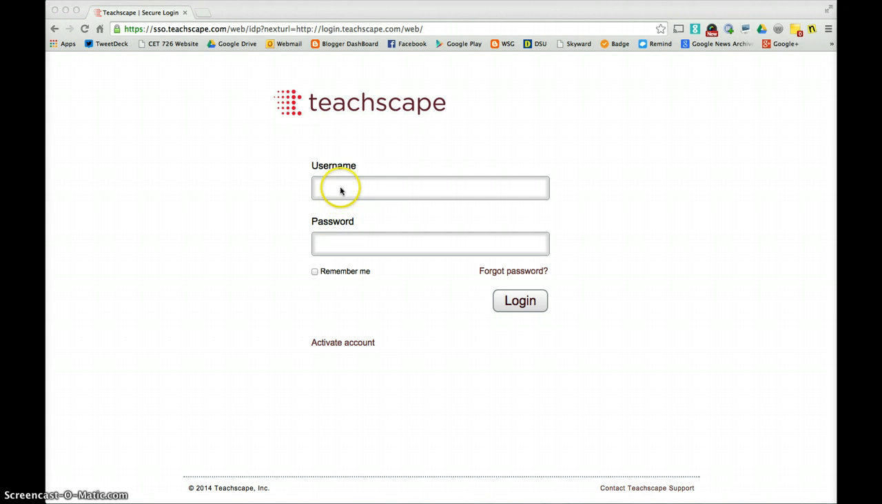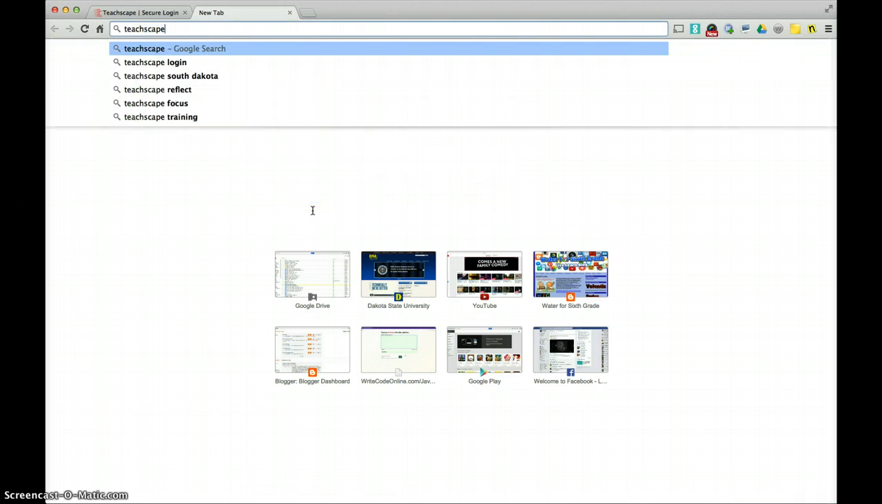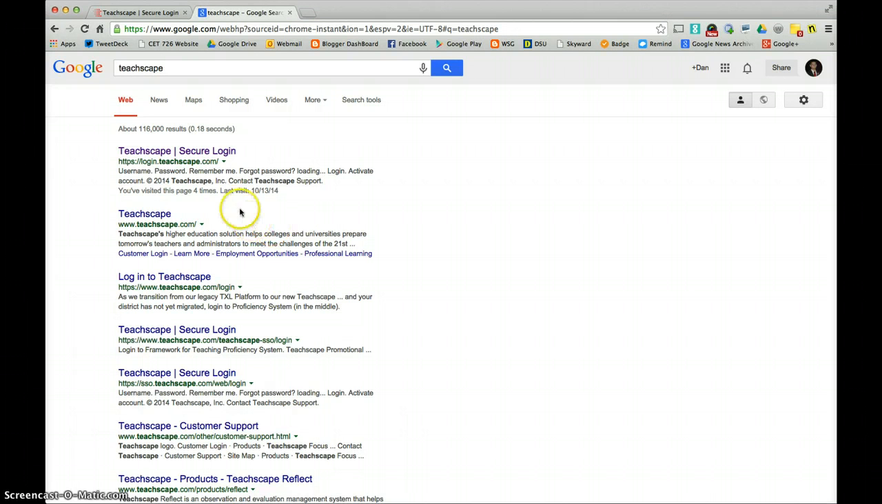So before we log in though, what happens if you don't know how to actually get to this page? Well, the answer is simple. Open up a new tab. Any search engine, Google is what I use, and simply search Teachscape, and the top login is right there. Teachscape login is the top search result item, so go ahead and click that,